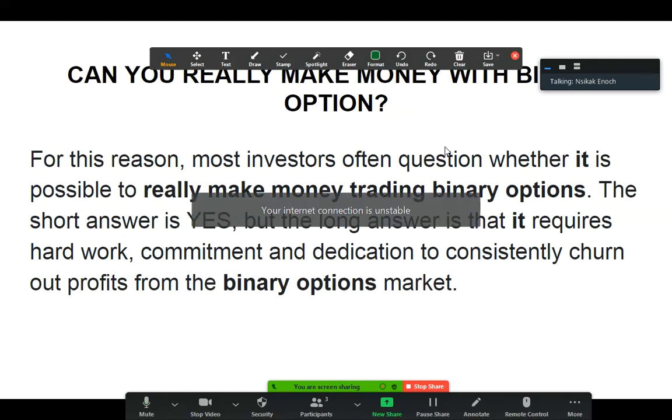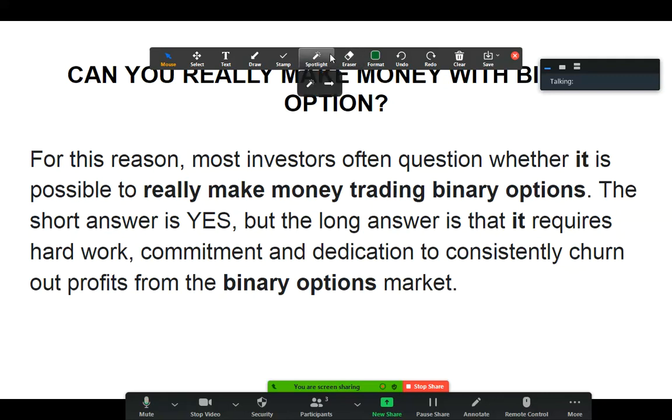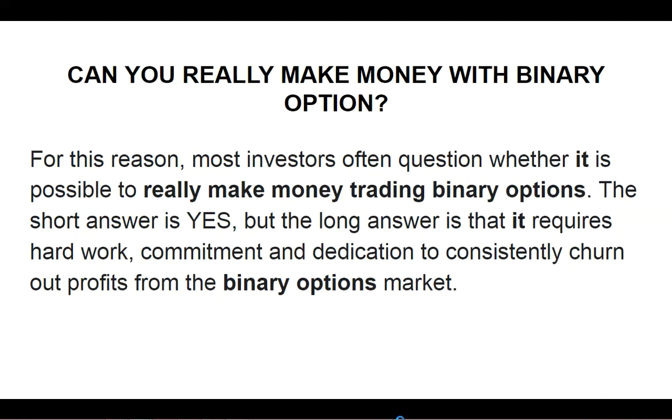So can you really make money with binary option? This is one of the questions most people are asking. A lot of people are asking this question because it seems that anytime you trade, you start with $10. Before you know, maybe you grow the $10 to $100 or $200, and before you know, a single loss, you start losing your money, you start losing the trades, and finally,